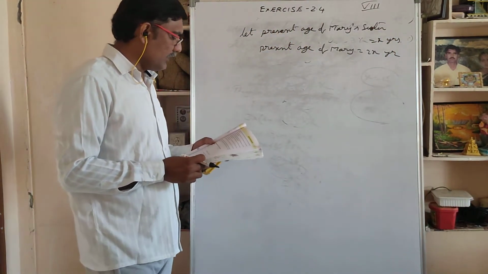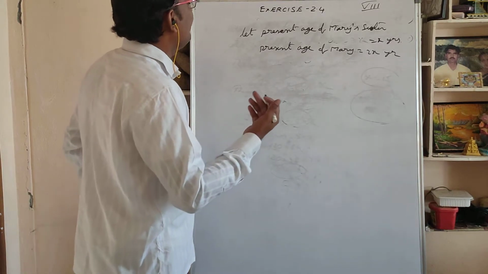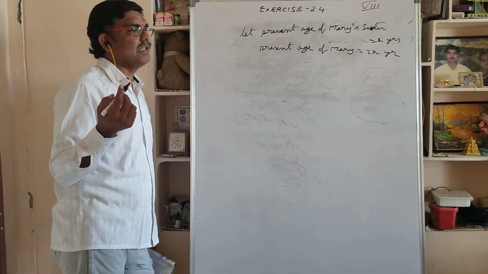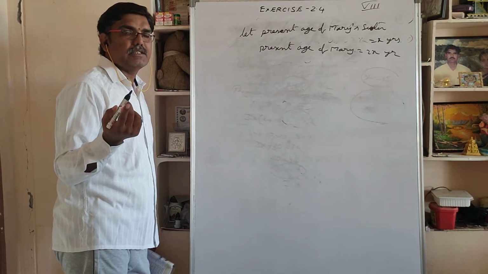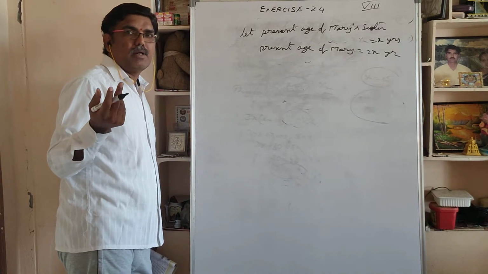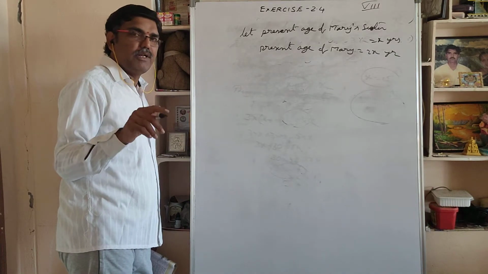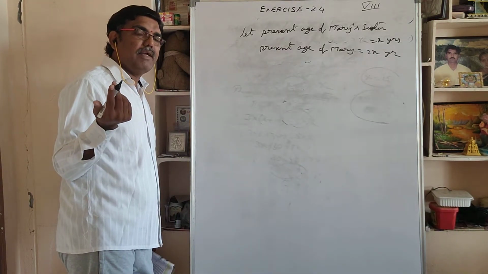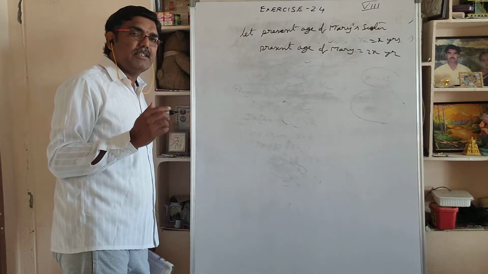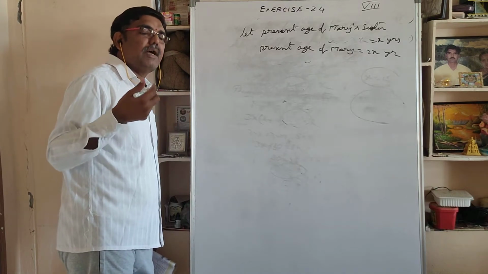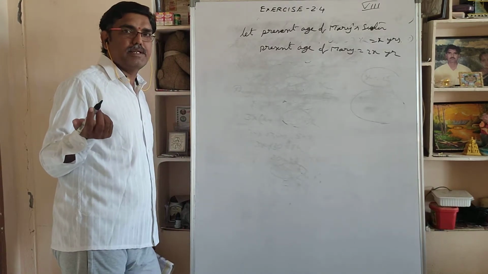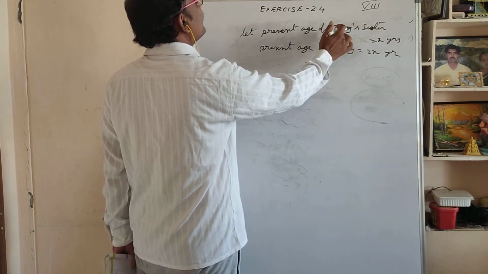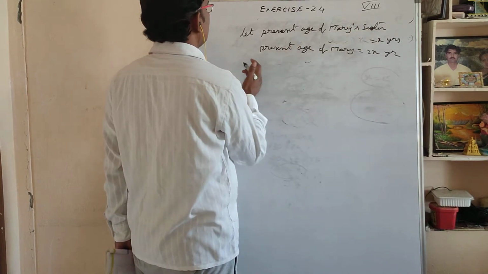So next, if you read the question, what he said, in 5 years' time. See, now if your age is, let it be 13 years. In 5 years' time, after 5 years, now it is 13. After 5 years, how much age you will be having? Means now present is 13 plus in 5 years, 5 you have to add, then 18 years will be. Like that, present age of Mary's sister is X years.